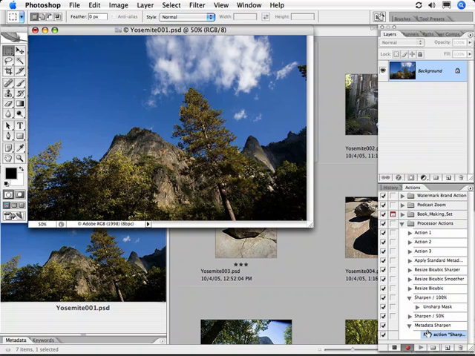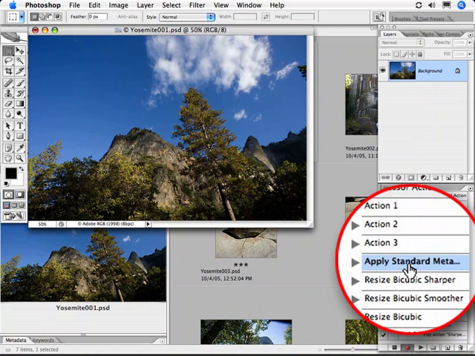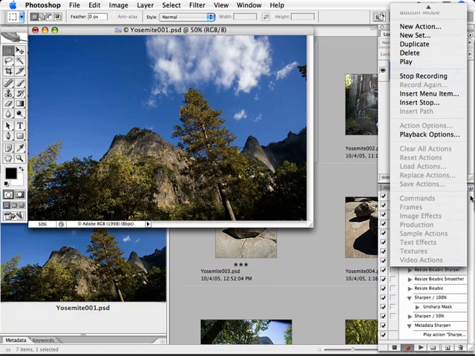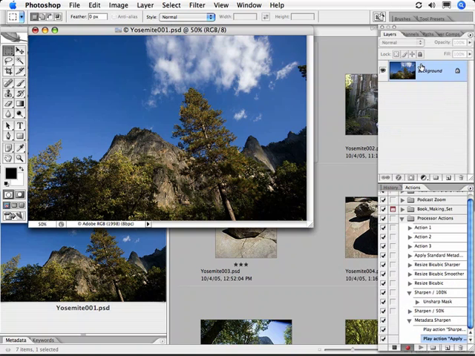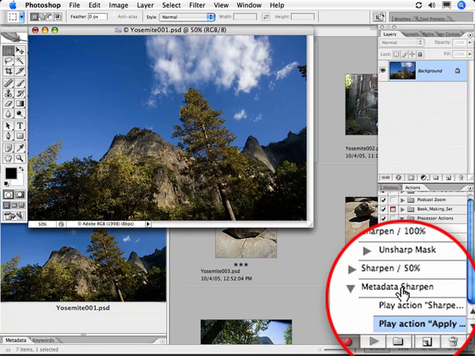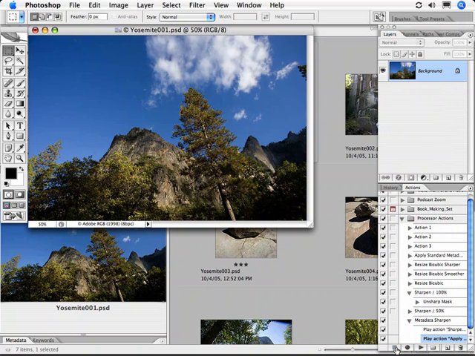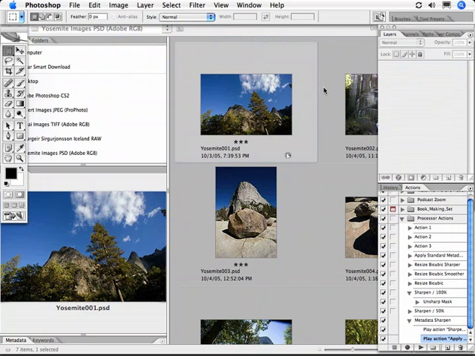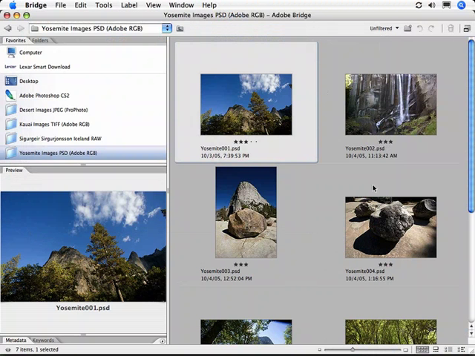Now I would like to add a second action. In this case, I'd like to apply the metadata. Selecting the previously recorded standard metadata action here, I'm selecting it as you can see. Then again from the Flyout arrow, I'm going to play that action. So what I have now is a new action which plays 2 other actions. I stop the recording. I can then go over here and close this image, go back here to Adobe Bridge,